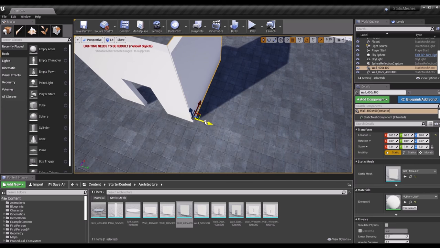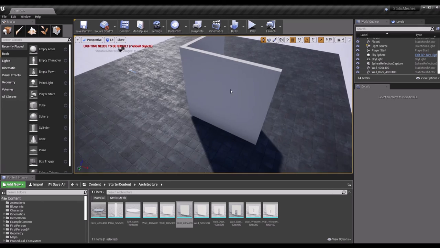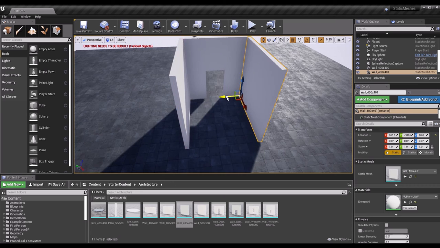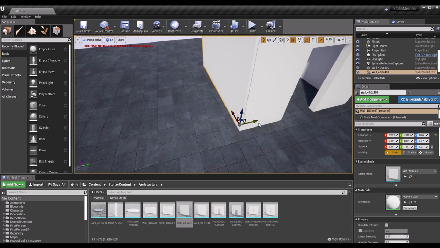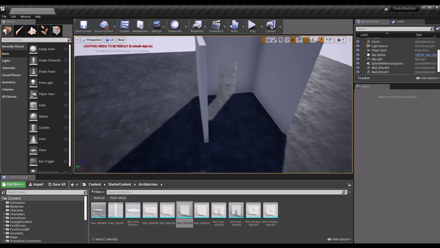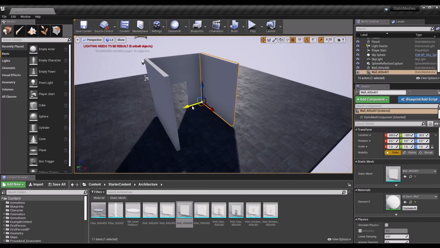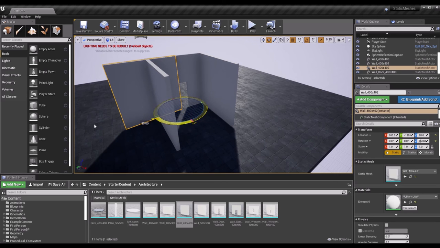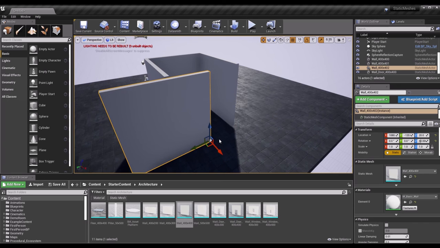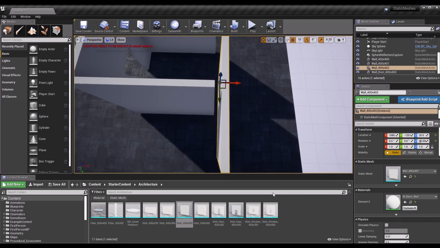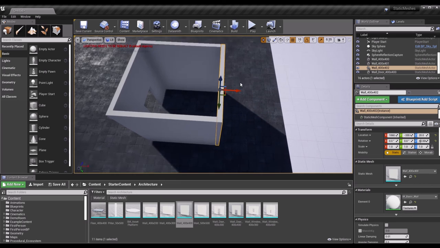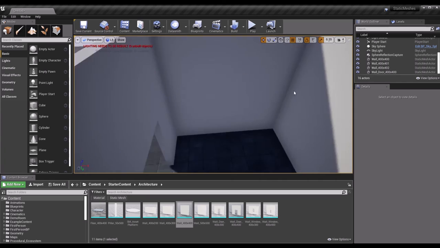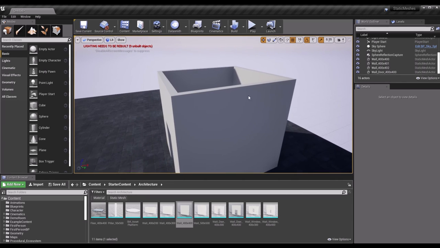Yes, it fits perfectly, this side. And also I'm reduplicating it with the Alt key. Yes, and create the back wall. Let's go to up view. Yes, this fits perfectly. So also we need a roof,